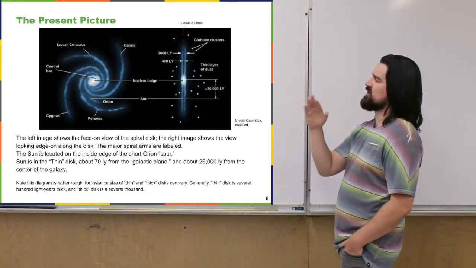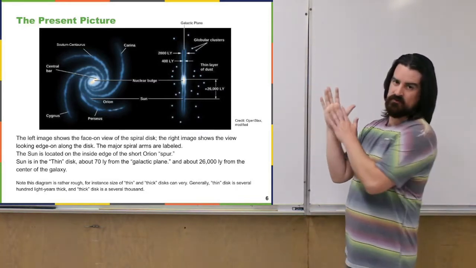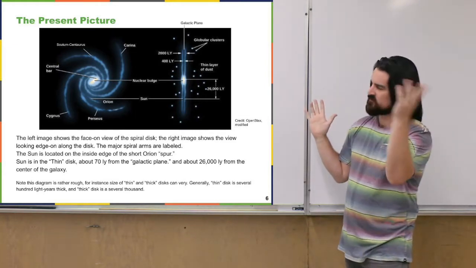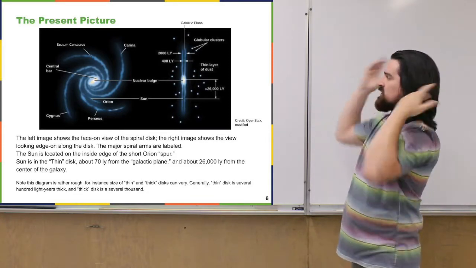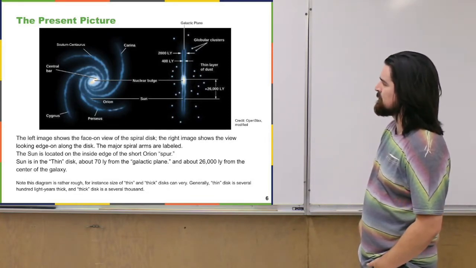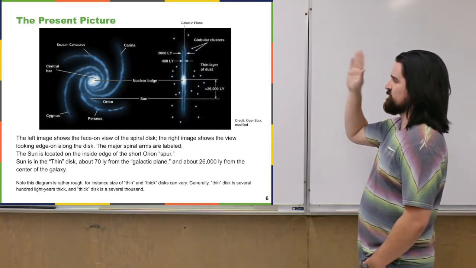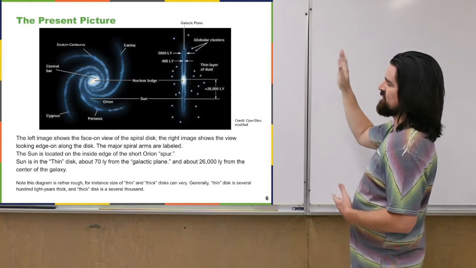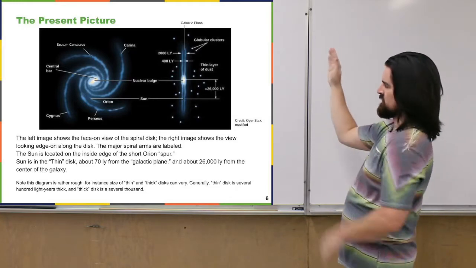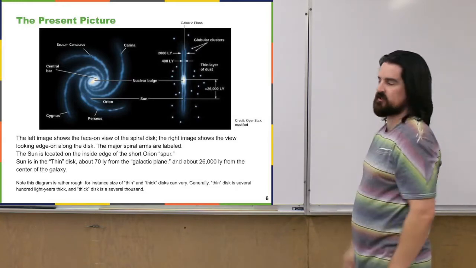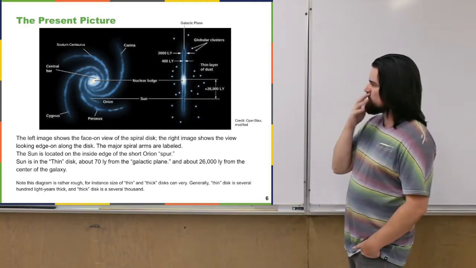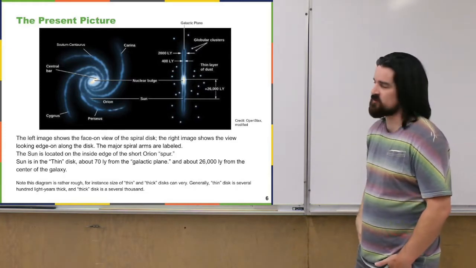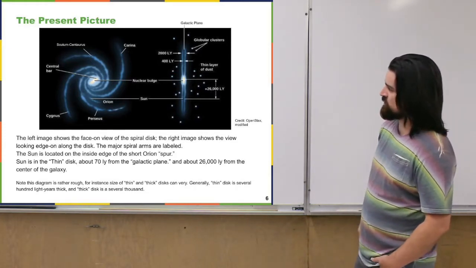So yeah, the image on the left is if you were somehow able to be outside of our galaxy and looking down on it. You have to be very far away in order to see a picture like this, but we can imagine. And then the picture on the right here is if you were looking at the galaxy edge on. So you're outside of the galaxy, but you're looking just along the plane of the galaxy, or the galactic plane. Of course we've named some of these arms of the galaxy. Some of them are shown on there.